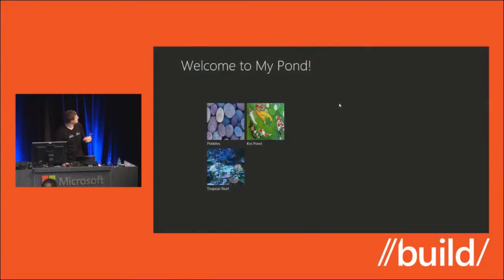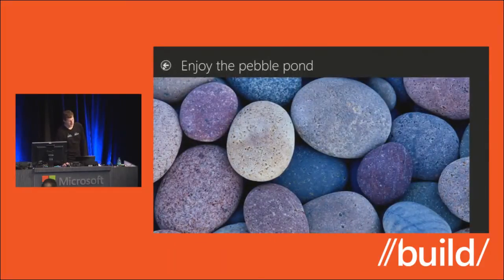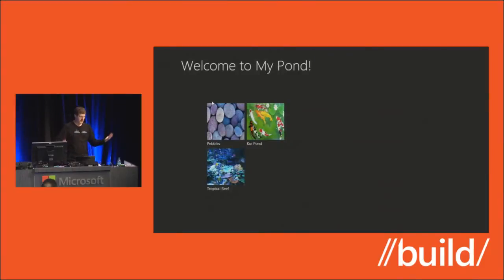It's nothing amazing yet. It's a navigation app. I can click here, and it takes me to a picture of a pond. I can navigate back. Not that exciting. So I just want to point out, I did launch it